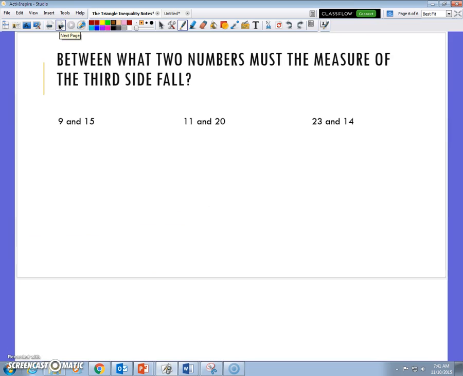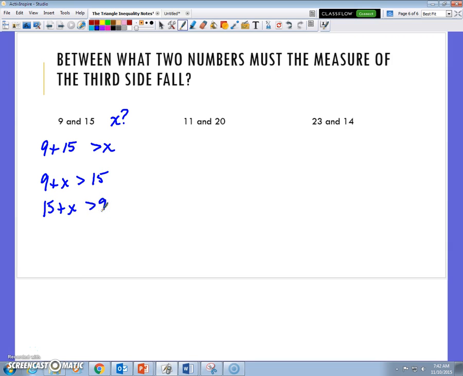Okay, between what 2 numbers must the measure of the third side fall? So this is the same kind of deal. We're going a little quicker this time, but we need to figure out 9, 15, and we need to know the last side. So we're just going to call it x. We know 9 plus 15 should be bigger than x, we know that 9 plus x should be bigger than 15, and we know 15 plus x should be bigger